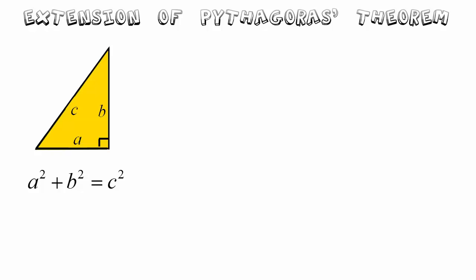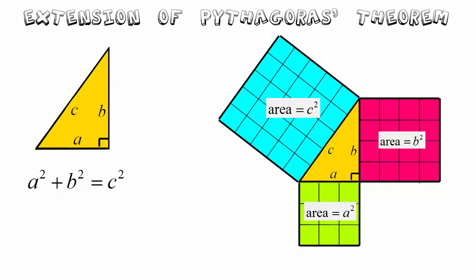If you've studied Pythagoras' formula, you will know that for a right-angled triangle with side lengths a, b and c as shown, the formula is a squared plus b squared equals c squared. What that means is that the areas of the squares on the side lengths of the right-angled triangle follow the relationship that the sum of the areas of the two smaller squares is equal to the area of the larger